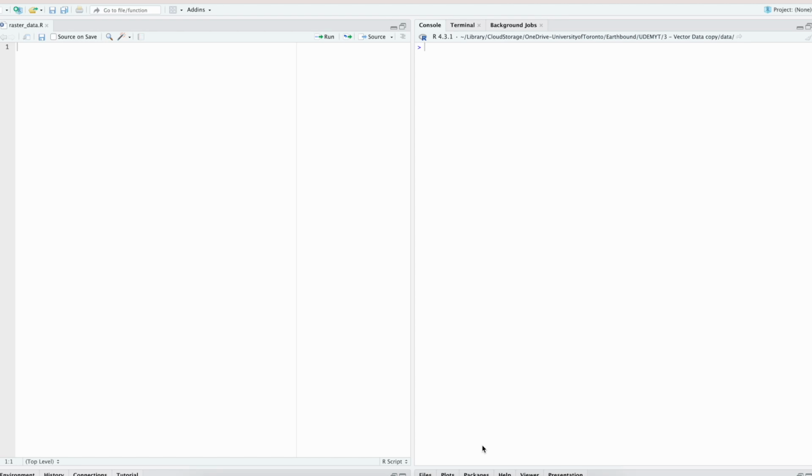In this module, we are going to work with raster data and figure out how to modify, import, export, and create raster data in R. So just like we did last time, the first thing we want to do is import the raster package,